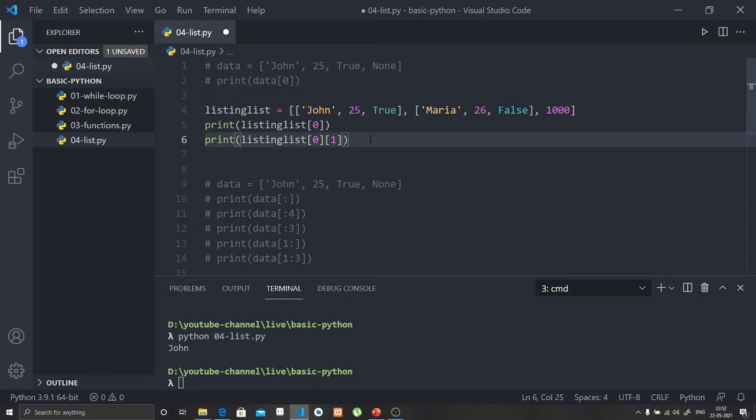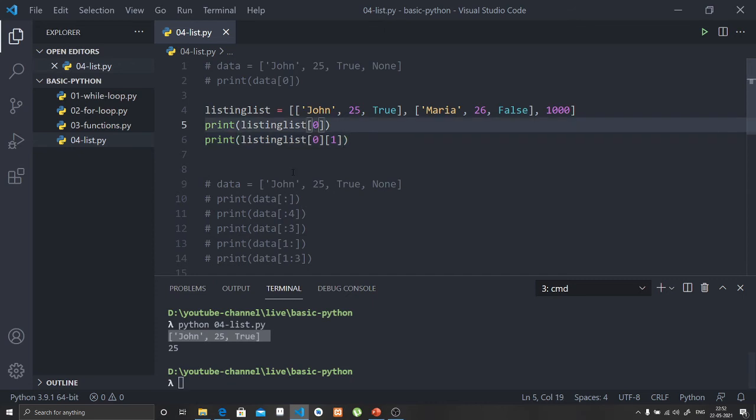Let's see. I have to save the file and run the code. You can see the first output is the 0th index, and the second output is the first index in the 0th index list.